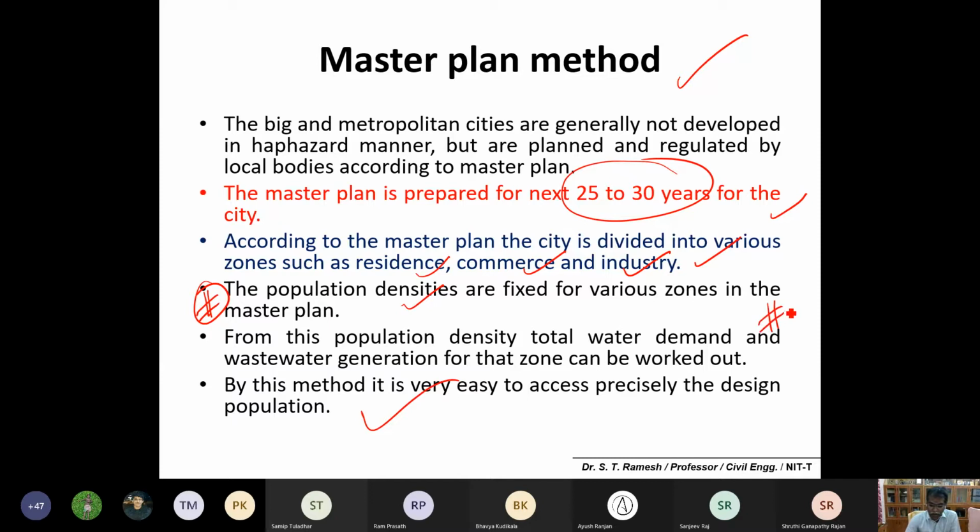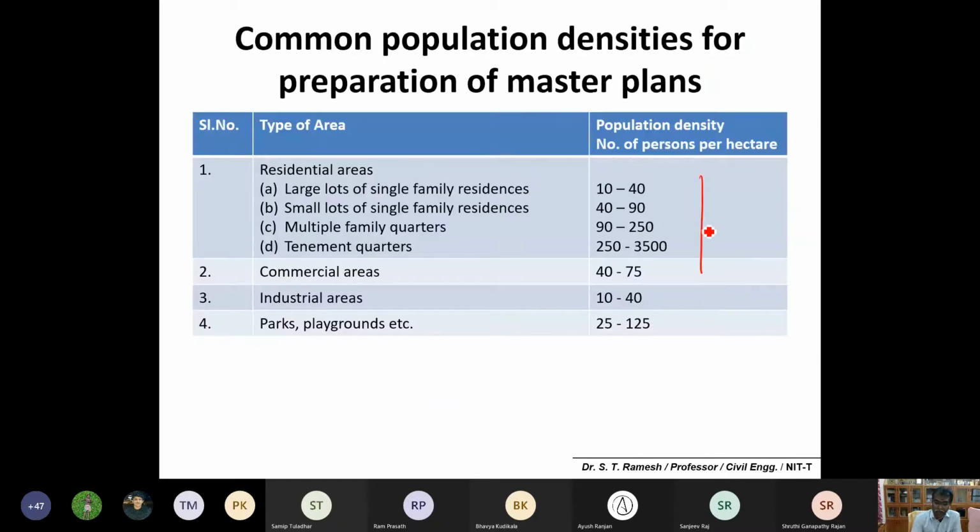Please make a note: one city is Noida, and I guess some cities in Gujarat also have a master plan. Based on the master plan, they will also fix the population density. Please make a note on this, it is important. Based on the master plan with the total zone division, they will also fix population density